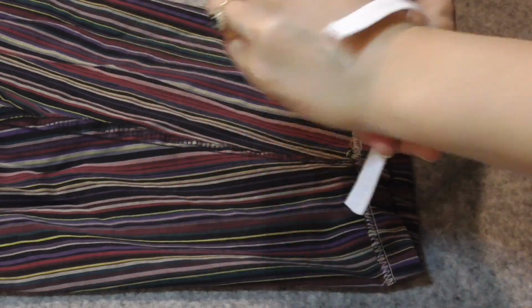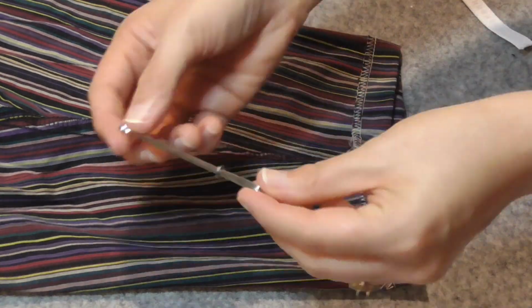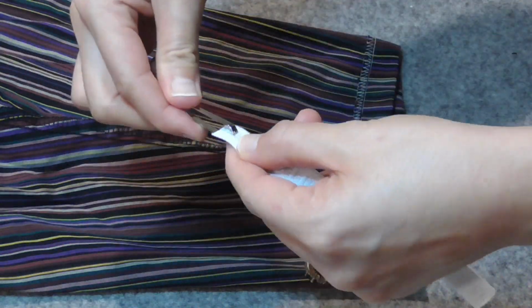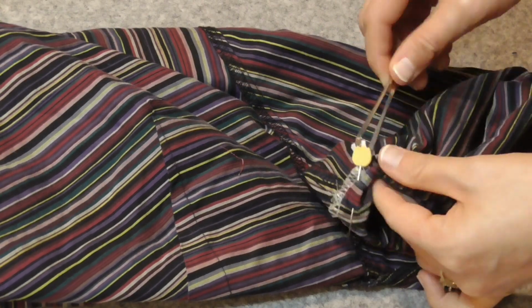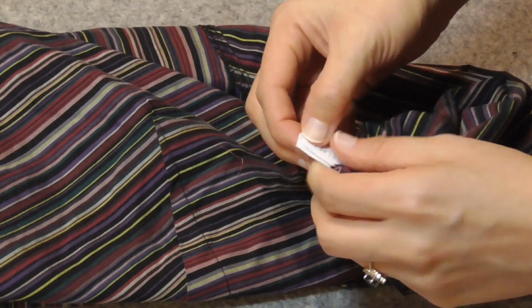Now to insert the elastic. I like using an elastic threader because I always wind up poking myself when employing the safety pin method. After getting this little guy, I've never turned back. Once the elastic is inserted, I'll make sure that the ruffles are uniform. Then I can sew the ends together and close up this little hole in the channel, and bada bing, bada boom,